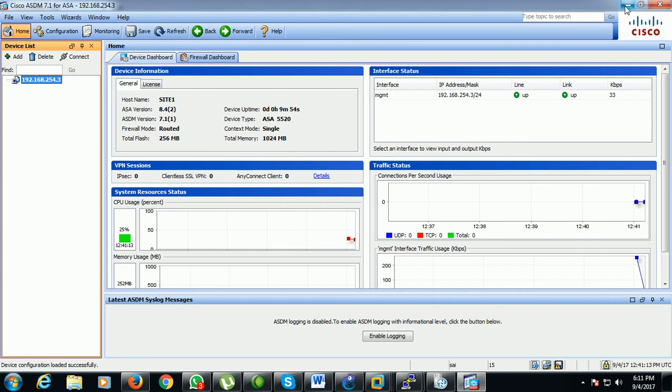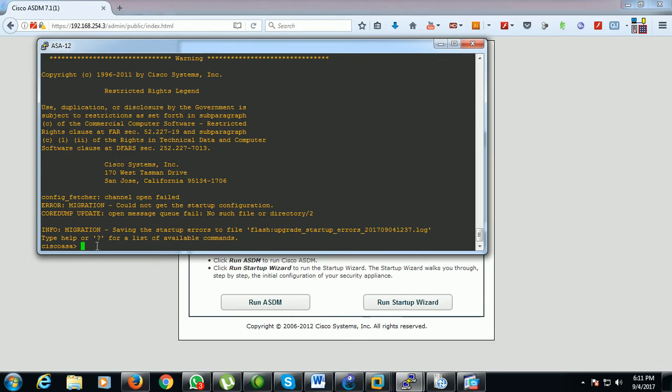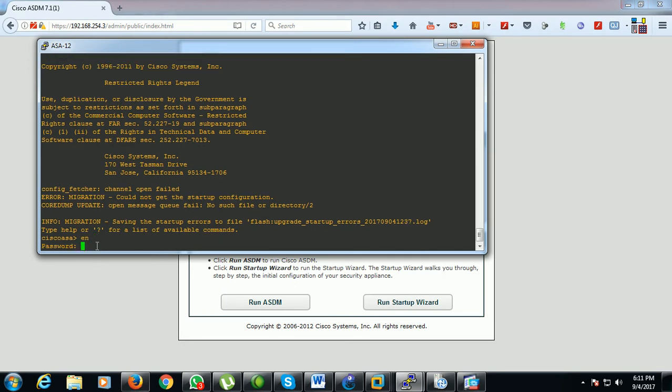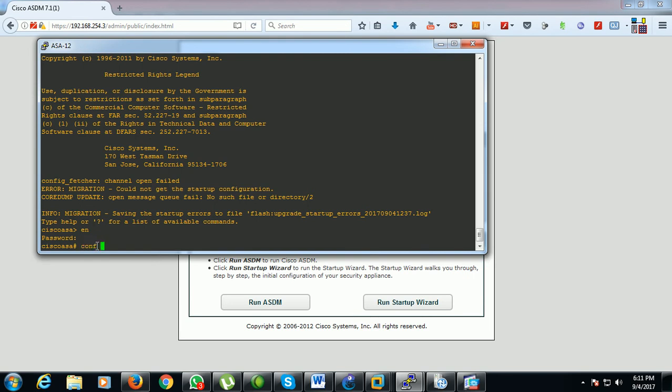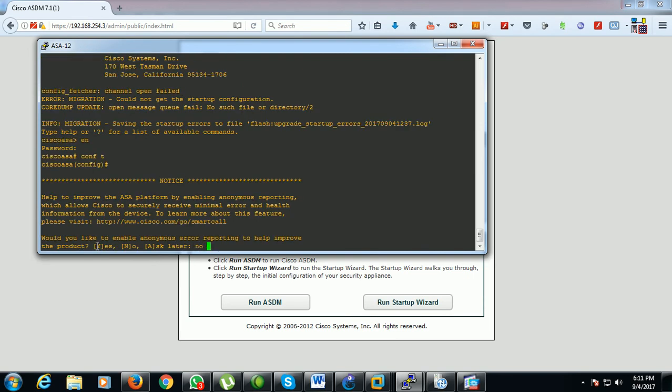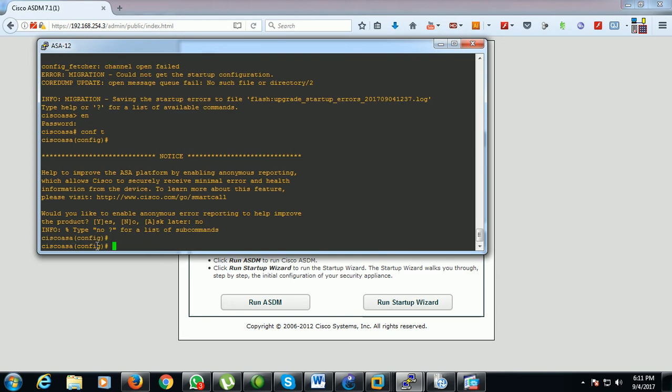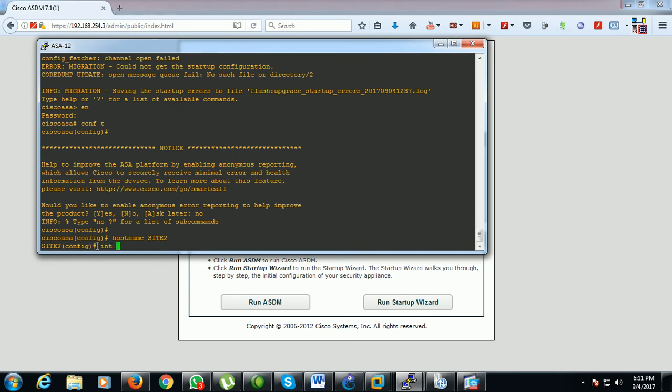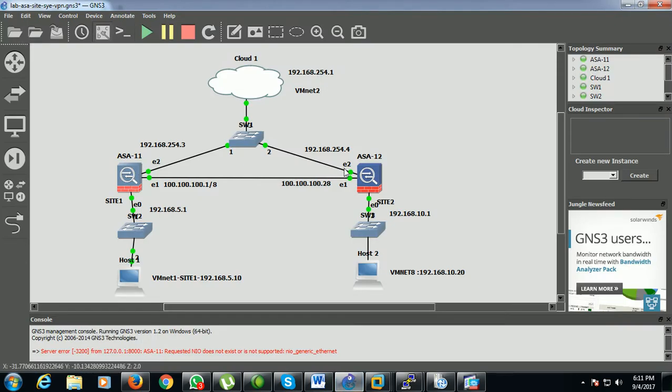Now in the same way we need to set up the one more ASA firewall device. So I'm going to enable this device, config. Only for the first time, only to access the ASDM, I'm using everything in the command line. And from next time onwards, we'll go for the ASDM GUI mode. So I'll set the host name, you can say site 2, and the interface according to our topology, the G2,